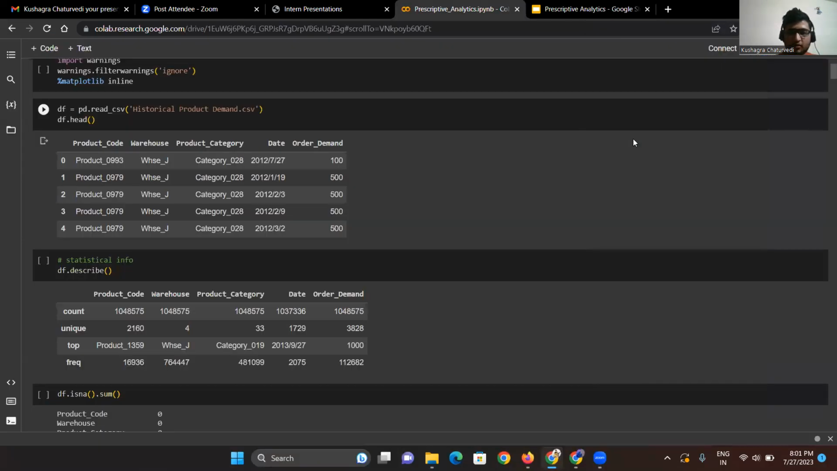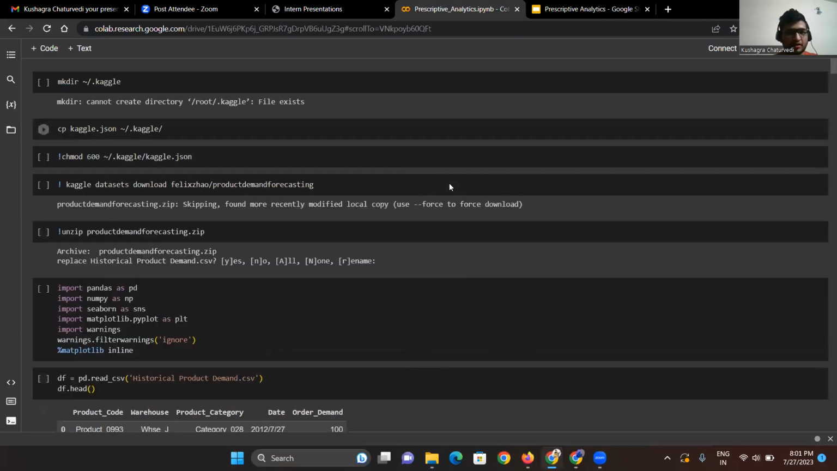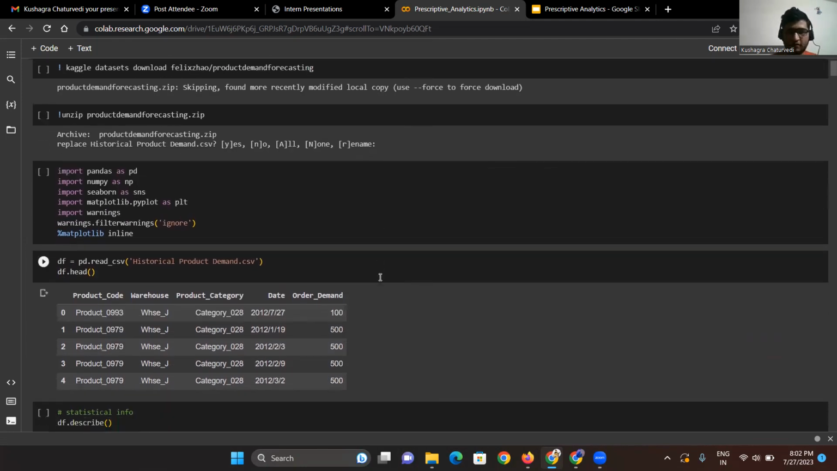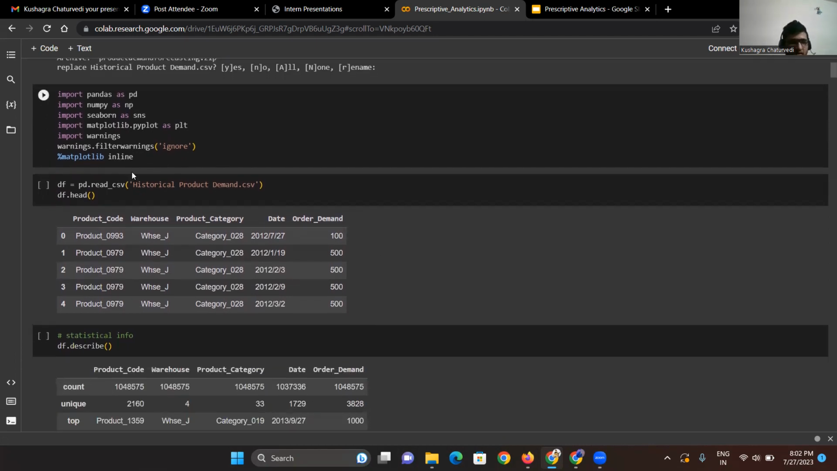Since the data is quite large in size, I'm not running it in real time because it will take quite a lot of time here. So I have run the program before starting the meeting. As you can see, this is basically a summary of the data that was given to us,